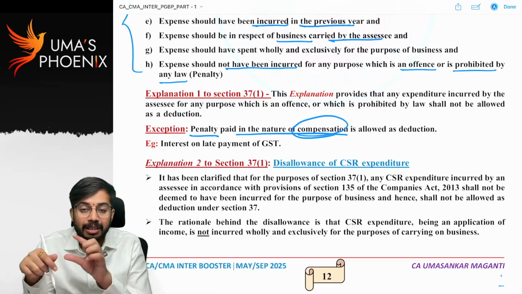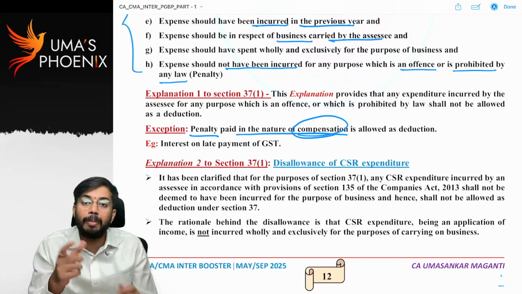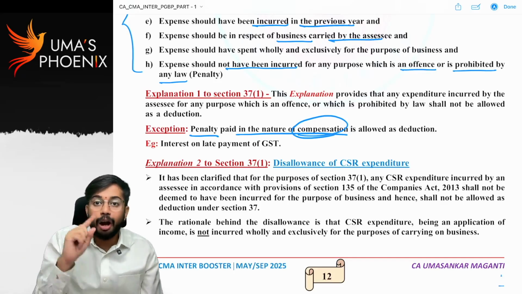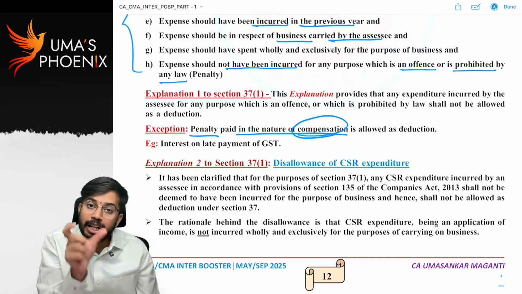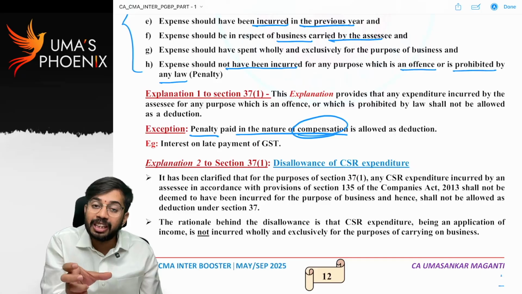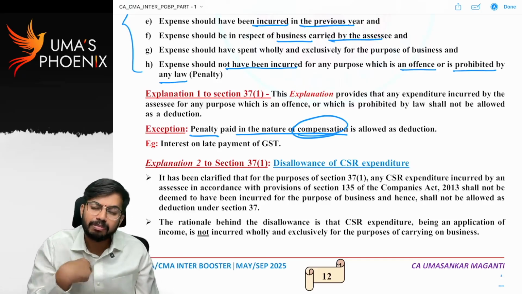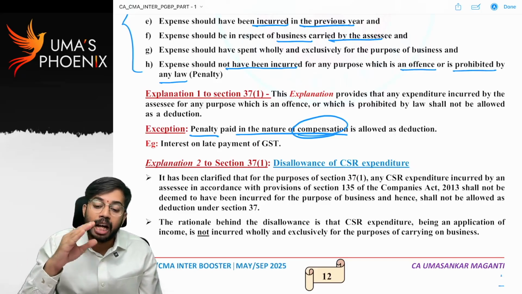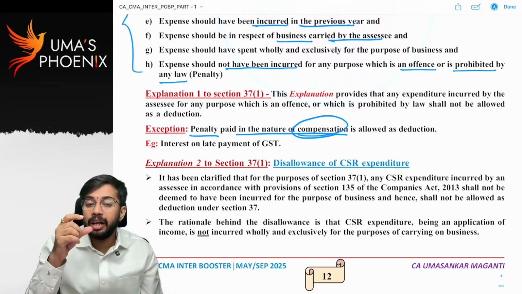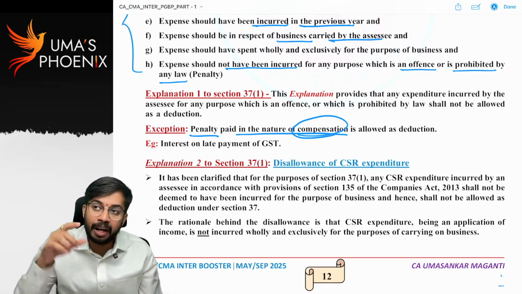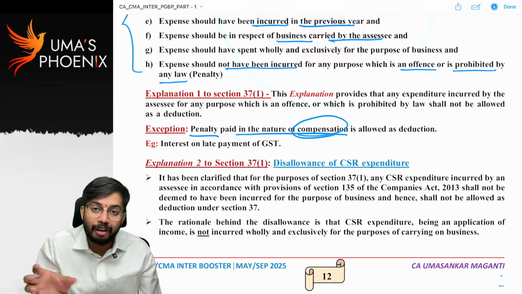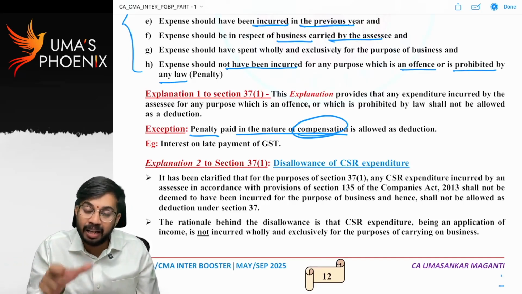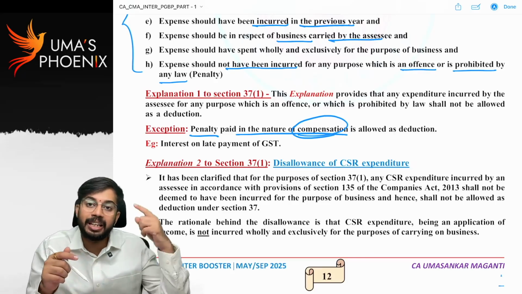Now for these 8 months, government lost interest, right? So government levied interest on me. Along with GST, I also paid interest on GST. That interest on GST is allowed as expenditure to me. I am paying 8 months interest for violating the GST Act. As per the GST Act, I have to pay in the month of May. I violated it and paid in the month of December. For violating the law, for 8 months I am paying interest. But why is the government collecting this penalty interest? Because the government has to compensate its interest.